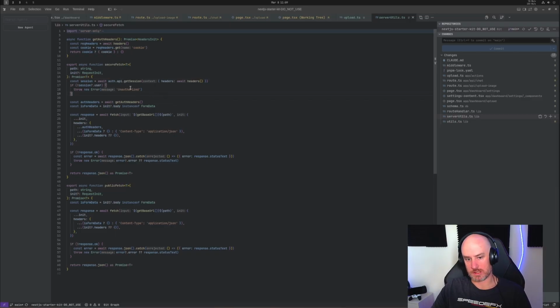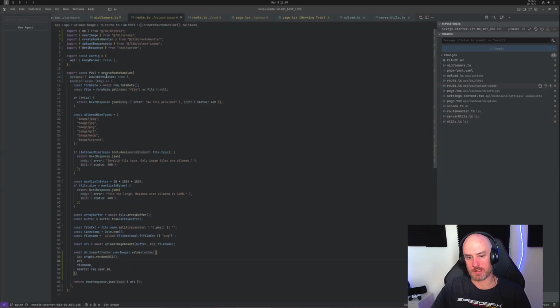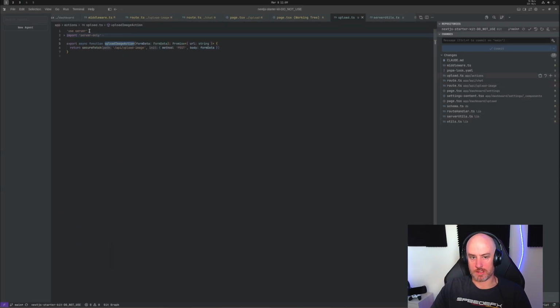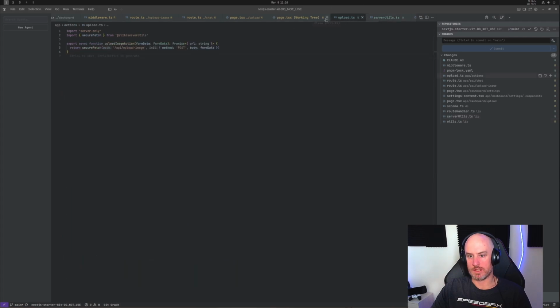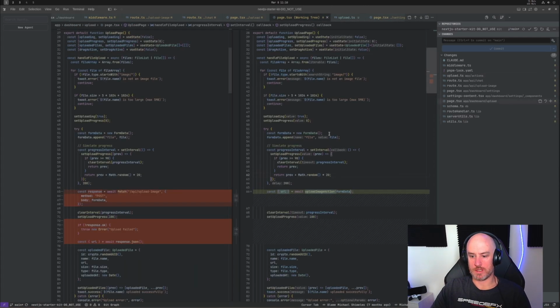If there's no session, it will not hit the request because we are calling secure fetch. We are hitting a secure API route. We have an action here, use server. I don't know why you don't need use server and server only. Actually, that's not even going to work. This one can be server only, but the image action cannot be server only because that's called from a client